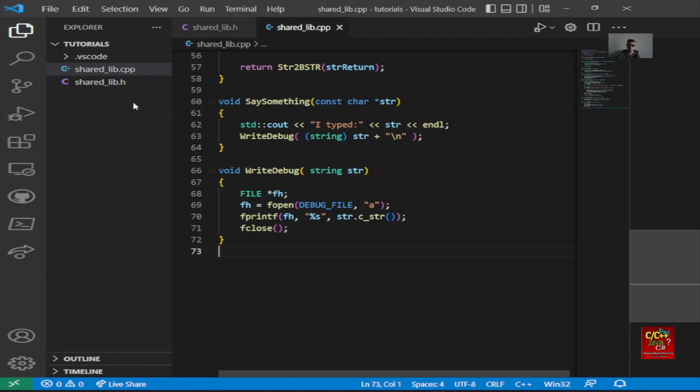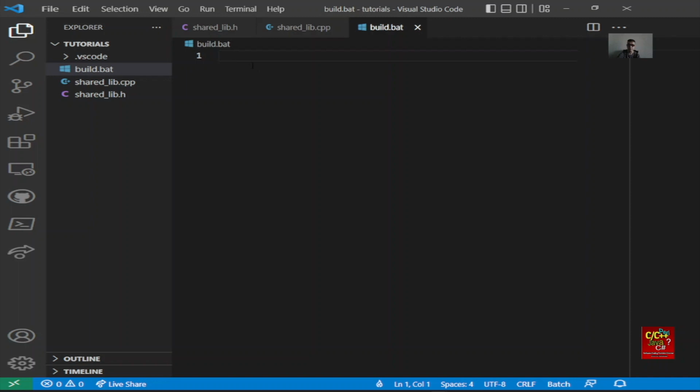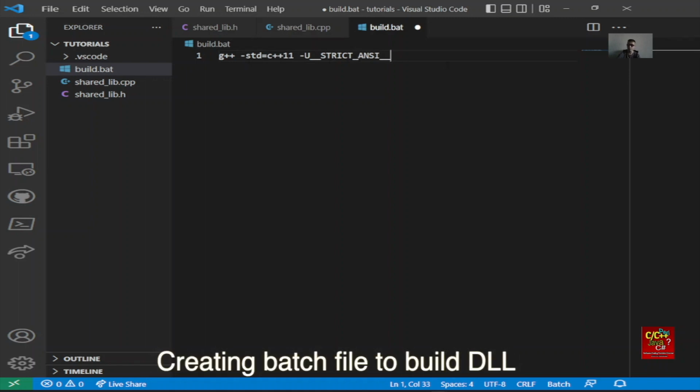Okay, so next step, we're going to create a build.bat file. So click new, type build.bat. Now in our BAT, we're going to declare g++ -std=c++11 -U__STRICT_ANSI__. Okay, the reason why we declare this is that it will not work with popen unless we declare this right here. So -c